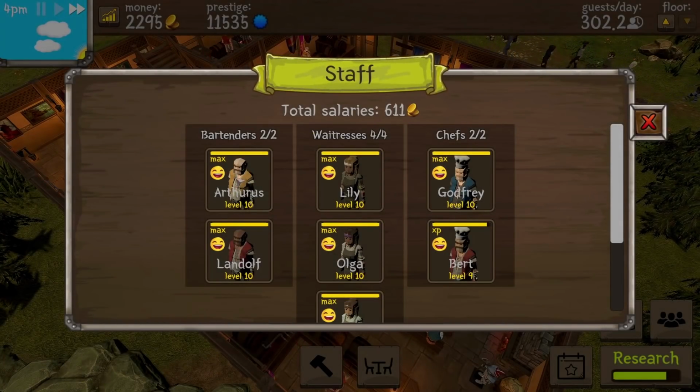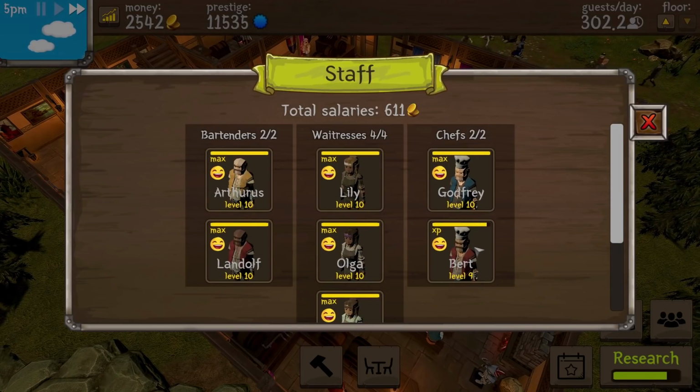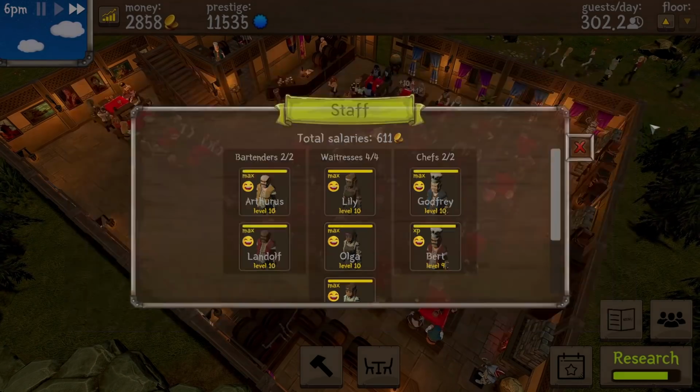I think the bartenders are okay, aren't they? I think really it's the waitresses you want with all the fancy skills and such. But there we go. So the only person left to get up to level 10 now is Bert. Is Bert the Red Chef. And you're very, very close to going up to level 10. I think maybe by the end of the day...